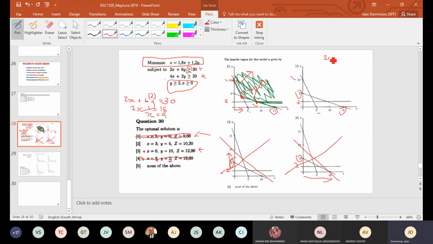Okay, so I needed to say 2x plus 6y is equal to 30. The other one was 4x plus 2y equal to 20. So I would have basically, where's the easiest one to work with? I would have divided by,